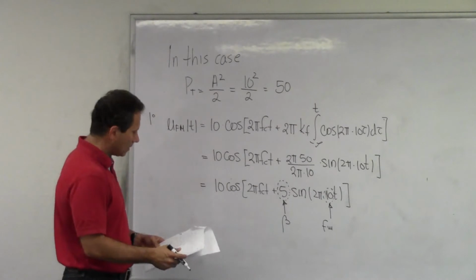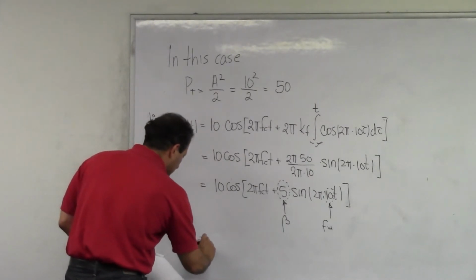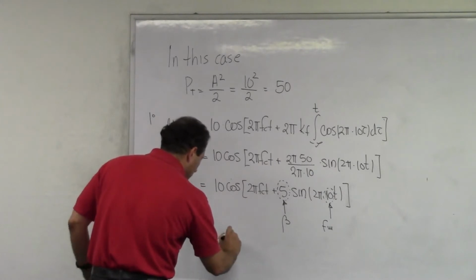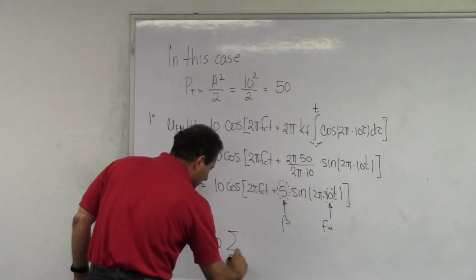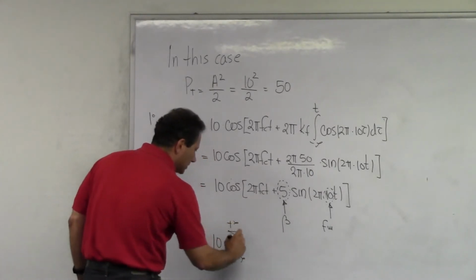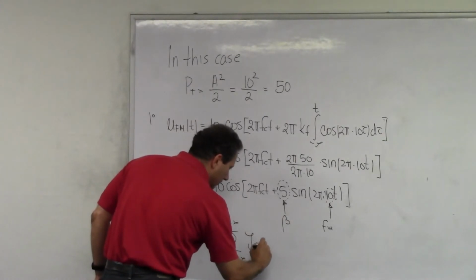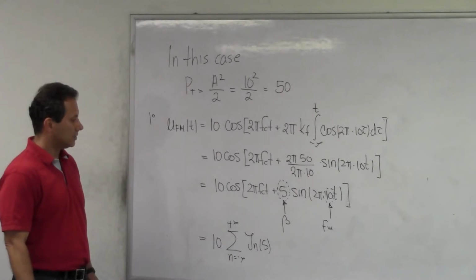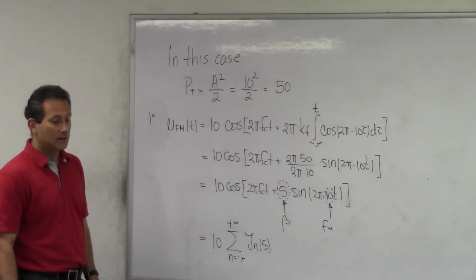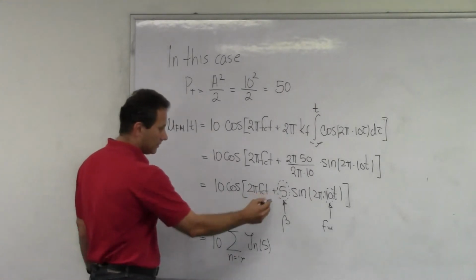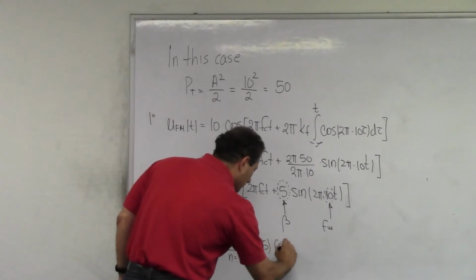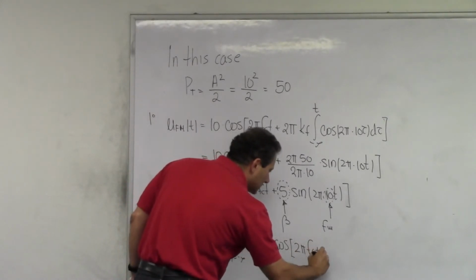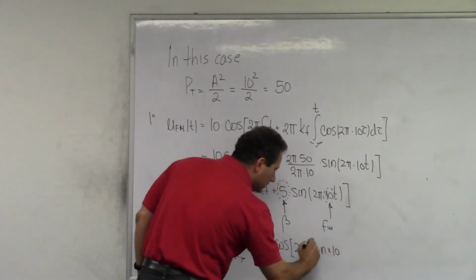Based on the result from the last class, I know that this can be written as 10 sine, when n goes from minus infinity to plus infinity, Jn of 5, beta is 5, Bessel function of the nth order evaluated at 5, times cosine 2 pi fc plus n times 10